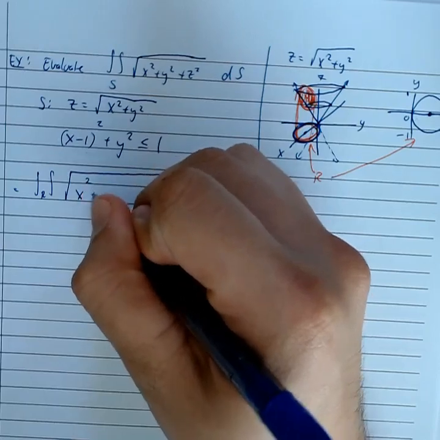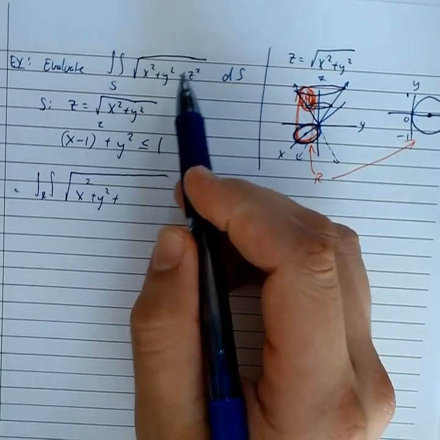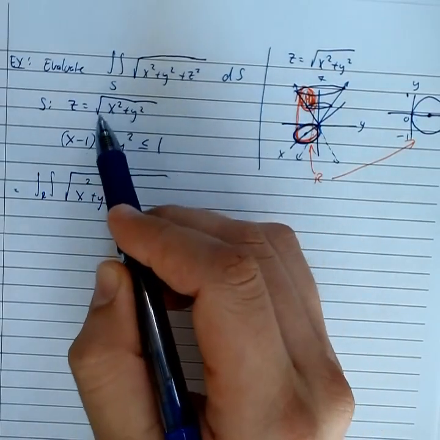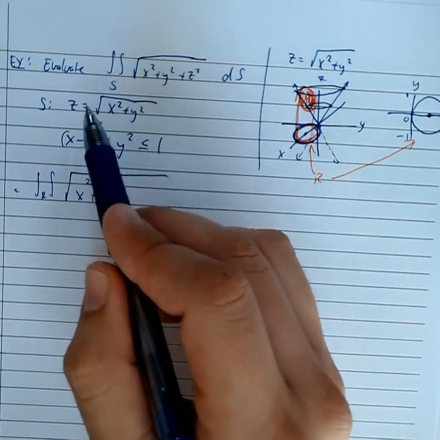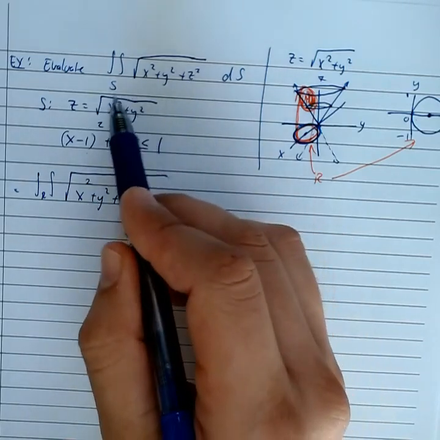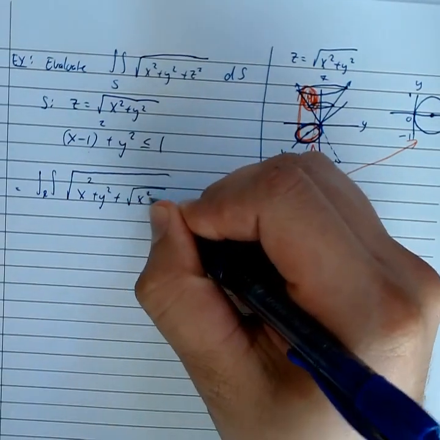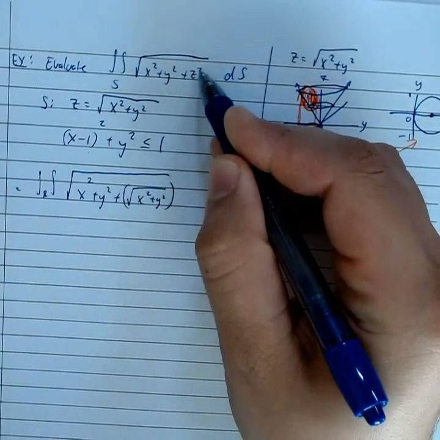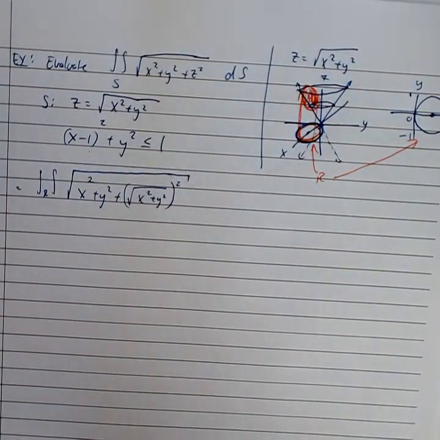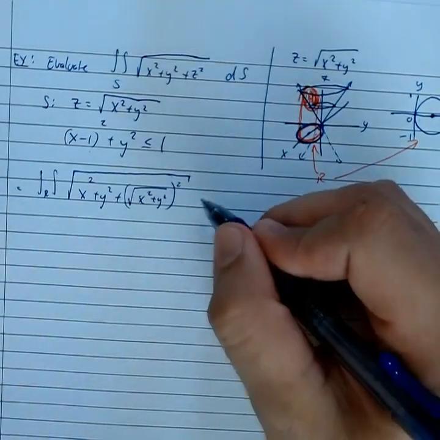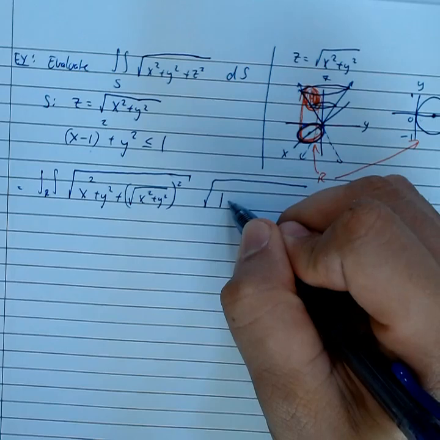Here I'm going to write this as x squared plus y squared plus, now remember, we're doing this as a double integral, so z should not stay z. We're going to write z in terms of x and y using the function given to us by the surface. So here we're not going to leave z squared. We're going to write it as the square root of x squared plus y squared, and again, that one's being squared, which means this one will be squared. All right, now we need to multiply that by the square root of 1 plus,